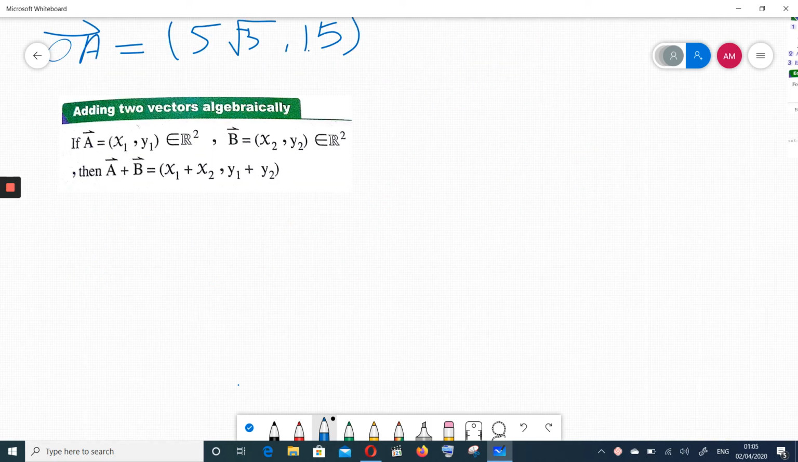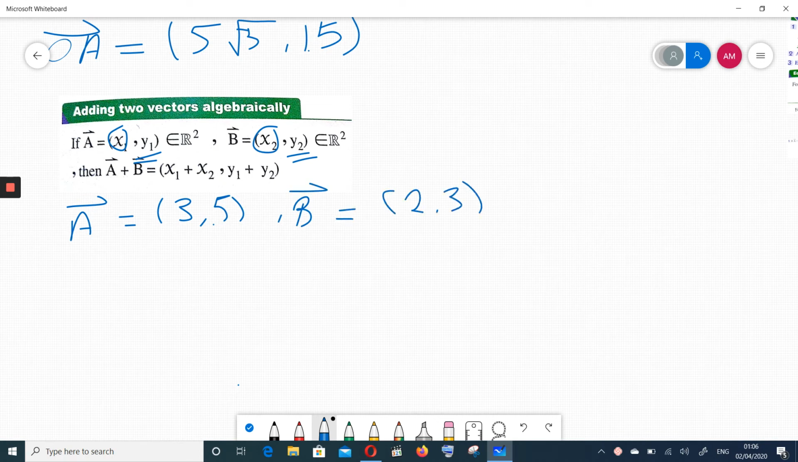Okay? Let's go to have another thing. Two vectors. Can we add two vectors algebraically? Yeah. If we have two vectors, like vector A (x1, y1) belongs to R2 and vector B equals (x2, y2) belongs also to R2. R2 here means the Cartesian plane, the x-axis and y-axis. Then vector A plus vector B is going to be the first projection plus first projection and second projection with second projection. For example, here vector A equals (3, 5) and vector B equals (2, 3),